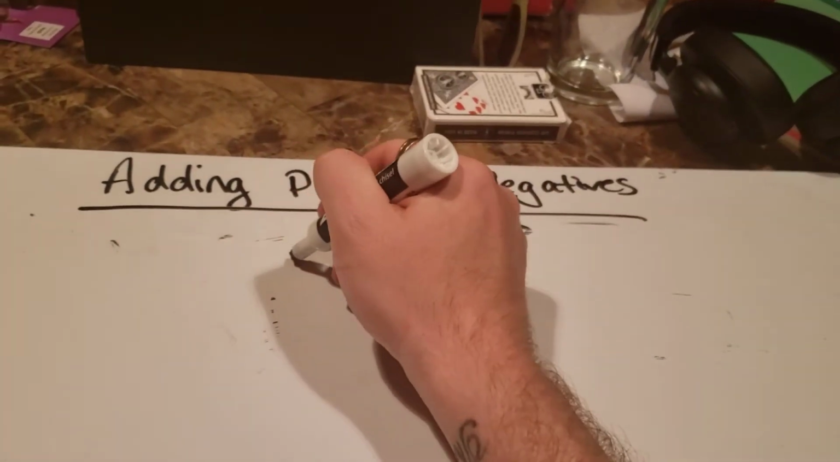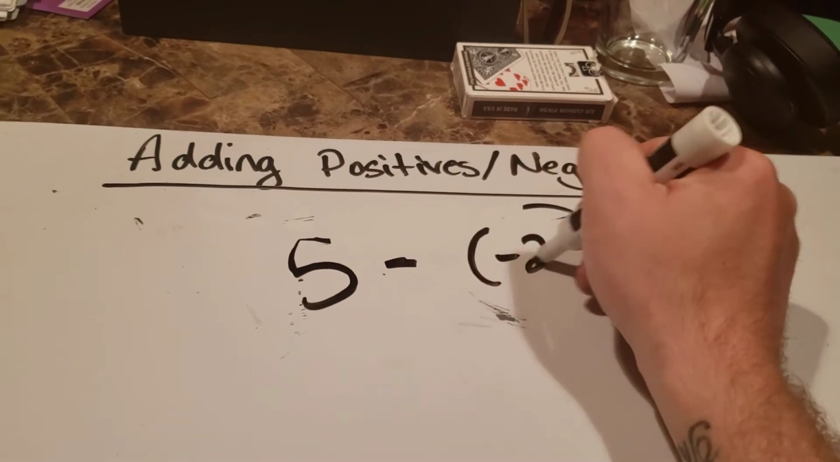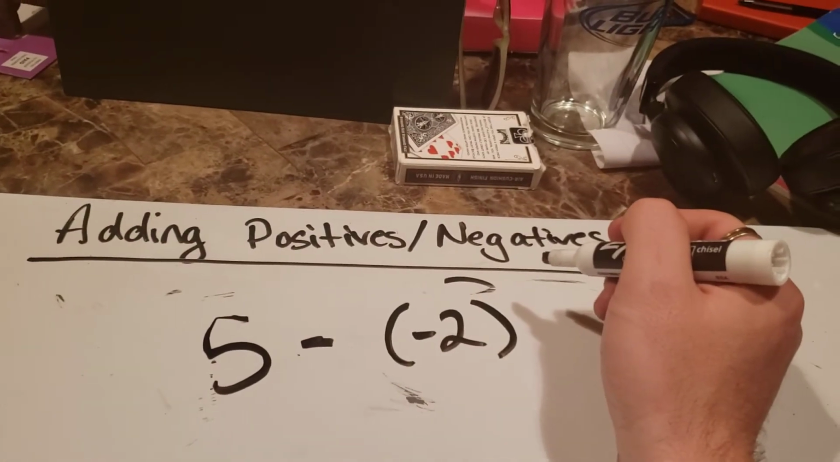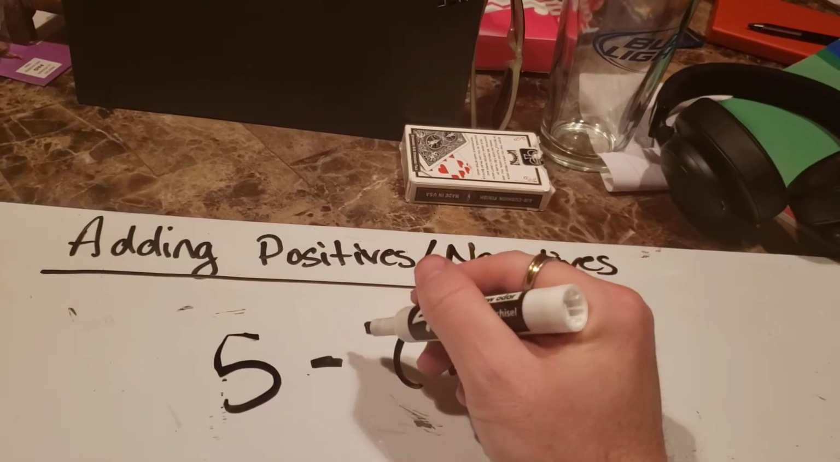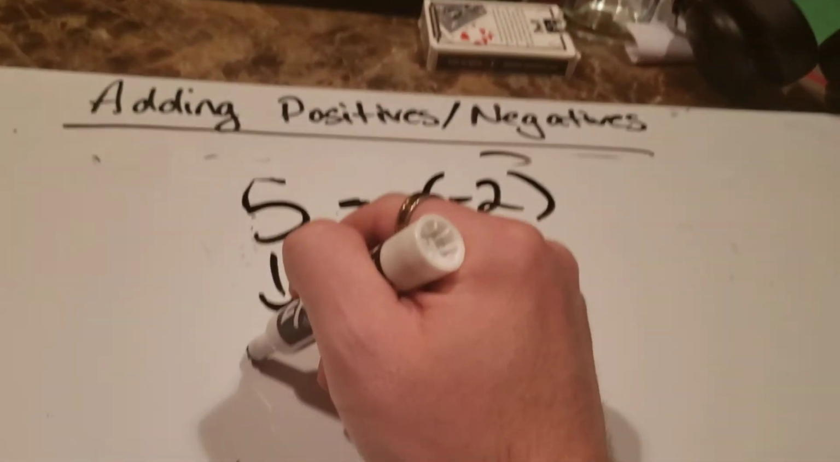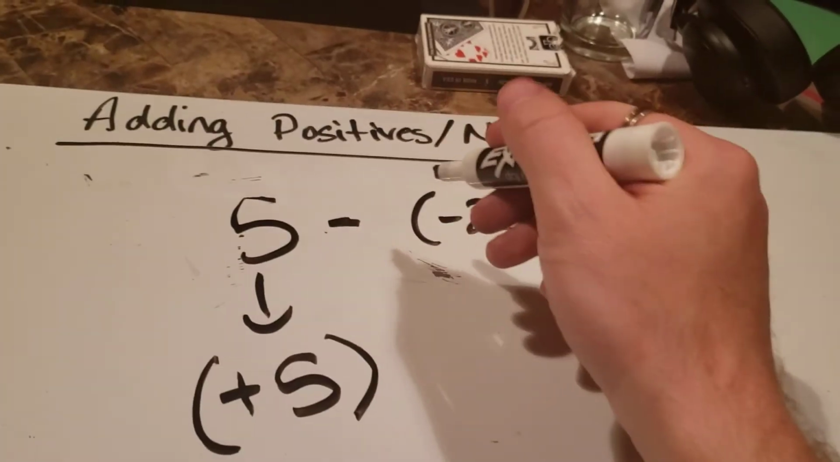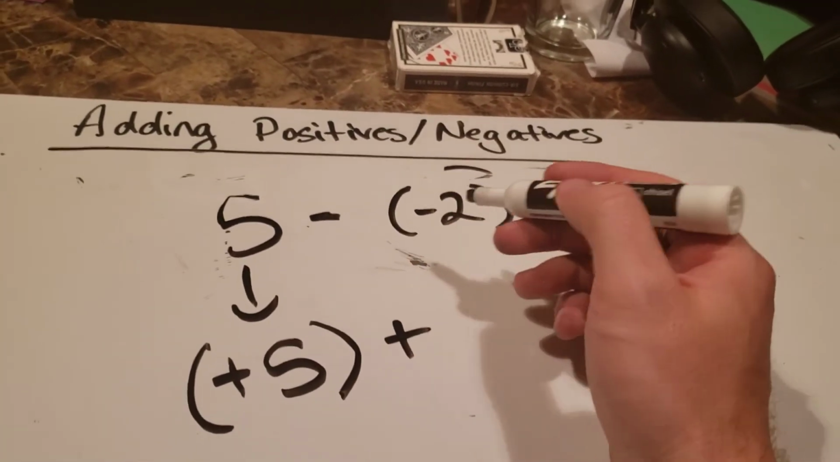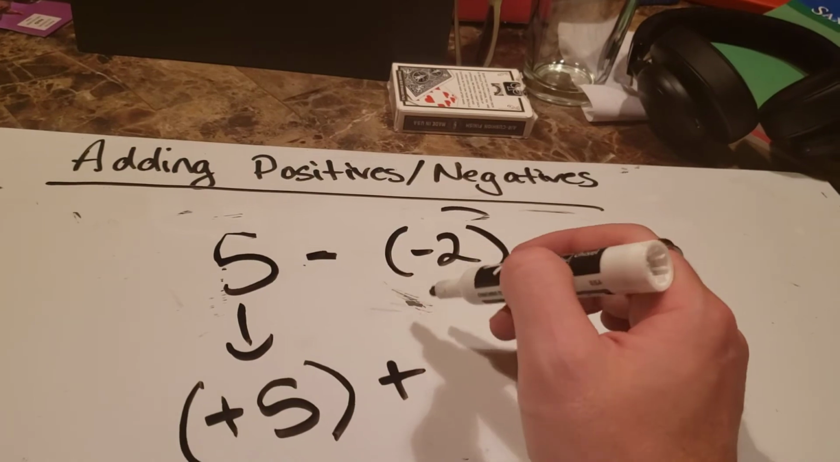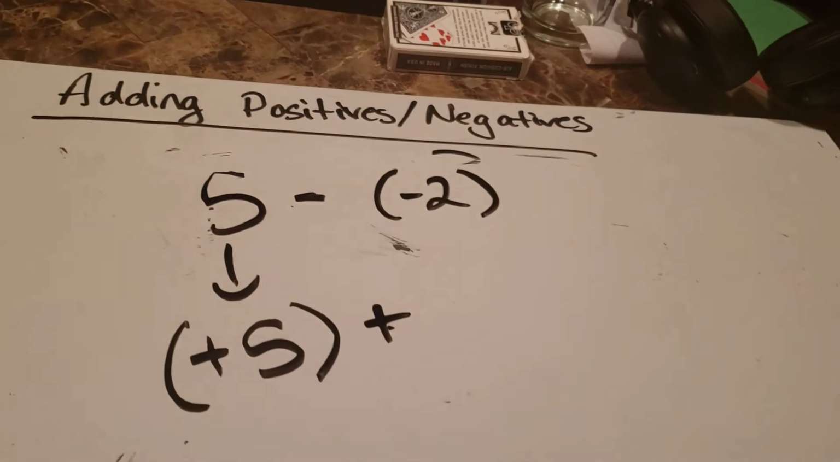Okay, let's get to a weirder example. And this is where it gets a little complicated, so stay with me. Let's say we've got 5 minus a -2. This one looks really weird. Okay, so instead of subtracting, we're going to add the opposite of the second number. So 5 will just stay +5. But instead of subtracting, I'm going to change the subtraction symbol to an addition symbol. Instead of subtracting -2, I'm going to add the opposite of -2. The opposite of -2 is